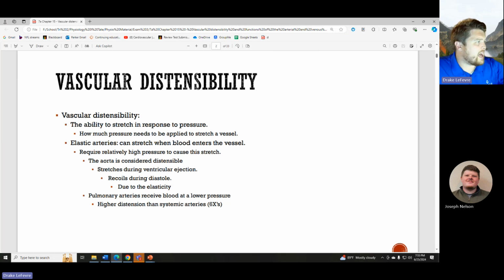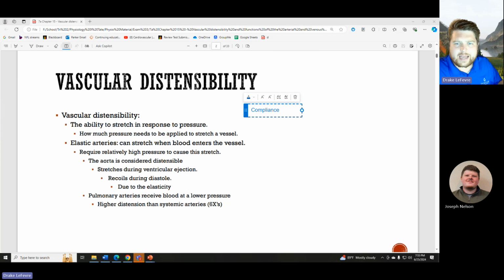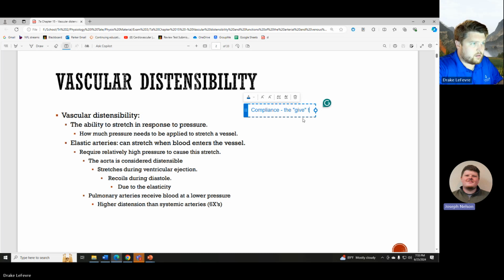So what it actually is, is the ability to stretch in response to pressure. Another word that you might hear here is compliance. Did Dr. Tate mention that word compliance at all that you recall? Not that I recall, but I also wasn't at lecture last week. I had a test. So yeah,